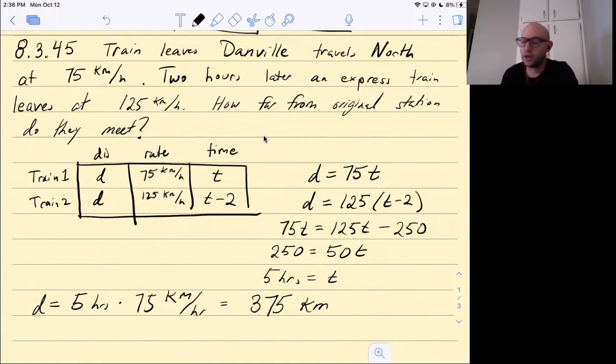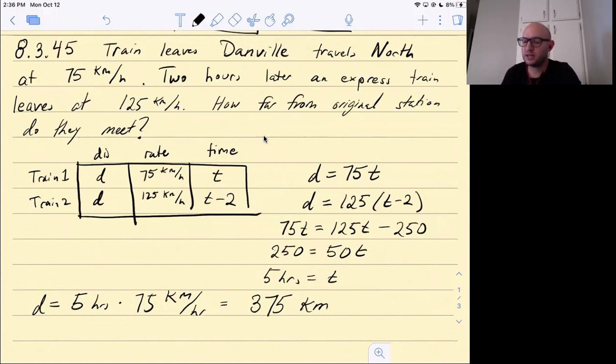Train 1 starts 150 kilometers away. Therefore, to close that 150 kilometer head start, they're both moving forward. But to close that head start, that's when they're going to meet up. It's going to take 3 hours from the time that train 2 starts to move. It's going to take 3 hours to close that head start, because the relative speed is 50 miles per hour